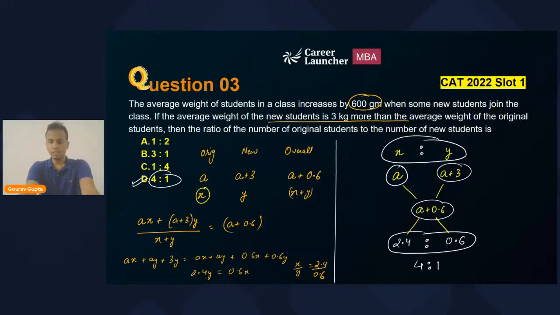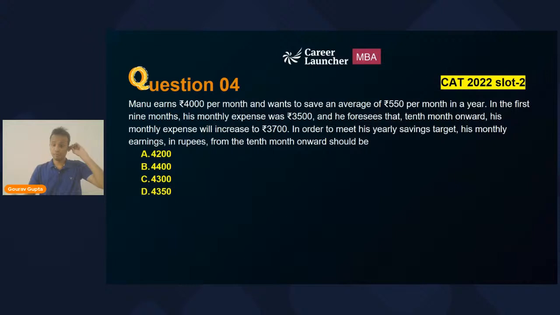Perfect. Good. Let's move on and look at our next question number 4. Question number 4, CAT 2022, slot number 2. Again, an easy question. So 1 minute, maximum 1 minute 30 seconds for this one. Why I'm giving you more time? Because of the time taken to read the language. Language is straightforward, simple, no complexity. But there are 4 lines. You will take at least 30 seconds to read it, and another 30 seconds, maximum 45 seconds to answer it. So question of 1.5 minutes.